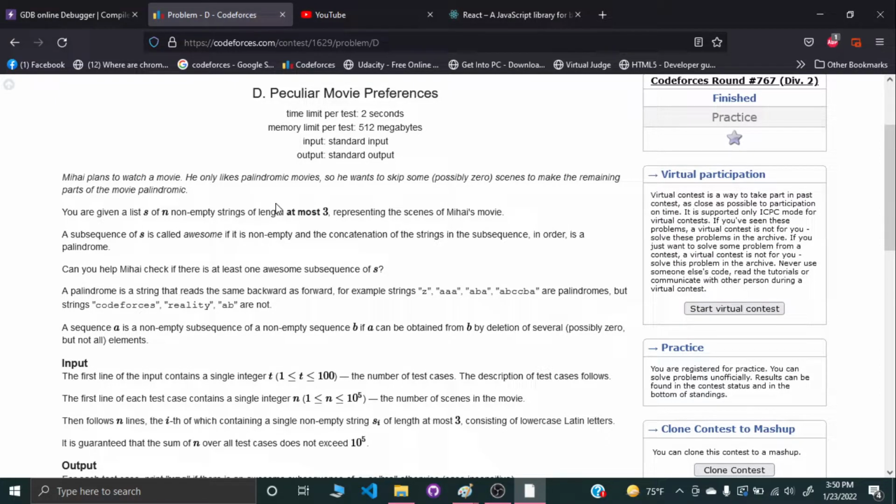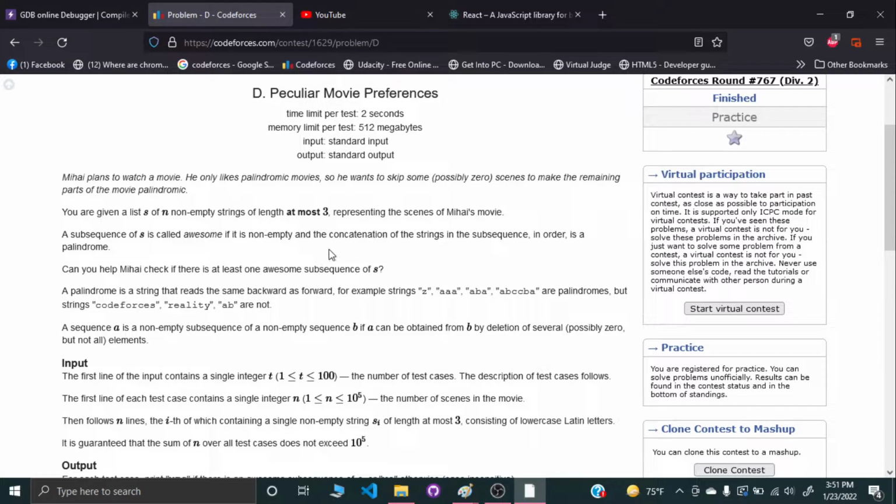Hello and welcome everyone. I'll be explaining Codeforces Round 767 Division 2 Problem D, Peculiar Movie Preferences. Basically, in this problem you're given a list of n strings. N will be up to 10 to the power 5. But interestingly, those strings' length will be at most 3. This is very important because it's going to help us observe a solution.